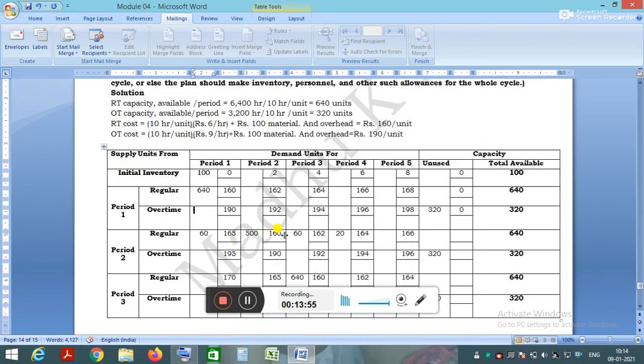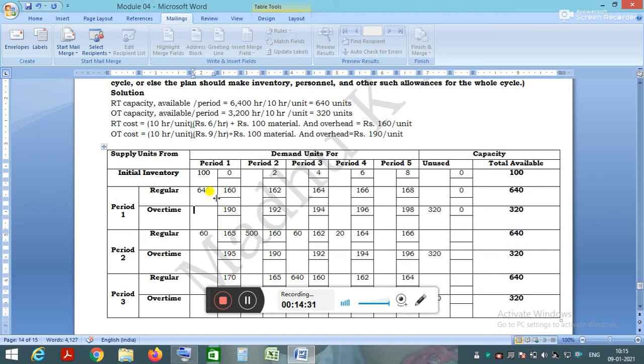Because in the problem itself he has given the back order cost as rupees 5, and it increases in the reverse order. You can see here 160 rupees is the regular time cost for every regular period. It increases by 2 rupees for period 3 as an inventory cost, and the back order cost increases by 5 rupees. Therefore, we produce the remaining 60 products in period 2 at a cost of 165, which is less than the overtime cost of period 1, and we supply these 60 products to the customers in period 2.